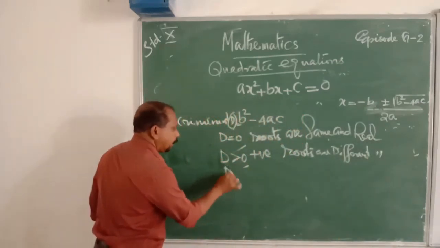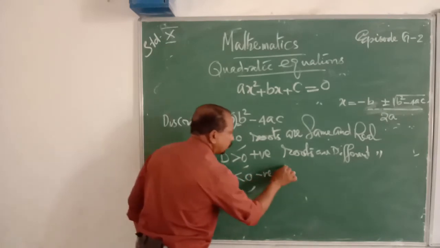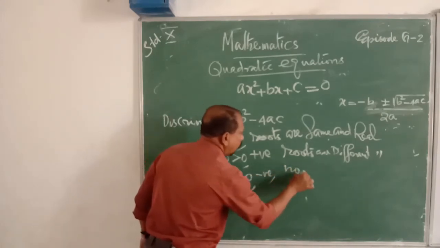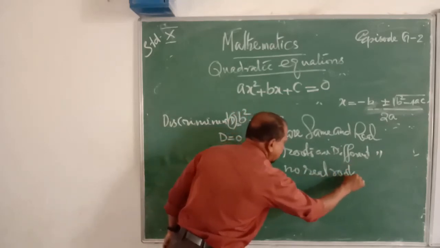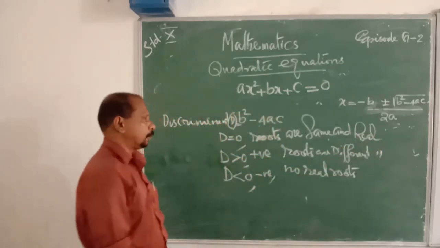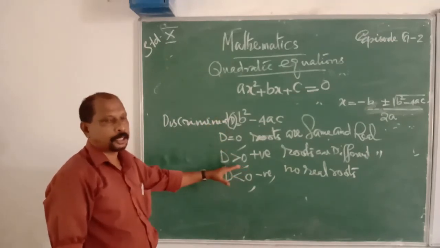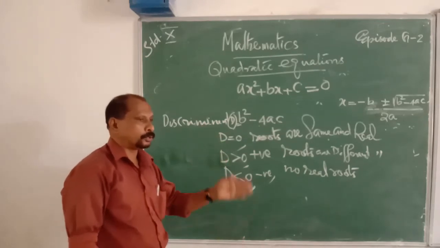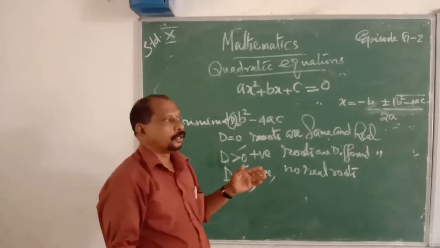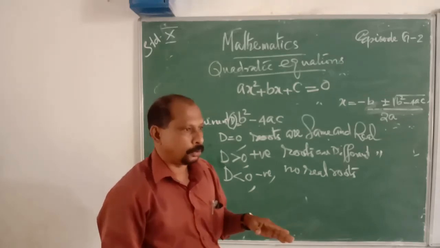D less than 0 means it is negative. Therefore, there are no real roots. That means there is no solution. These are the nature of the roots of the quadratic equation. That means to test whether the roots or solutions of this equation are real, same, different or no solution,